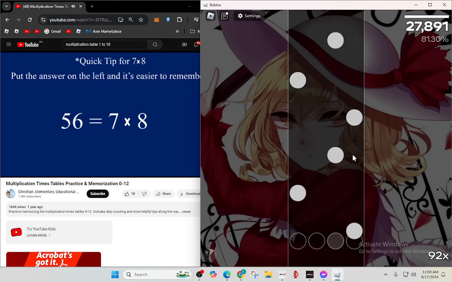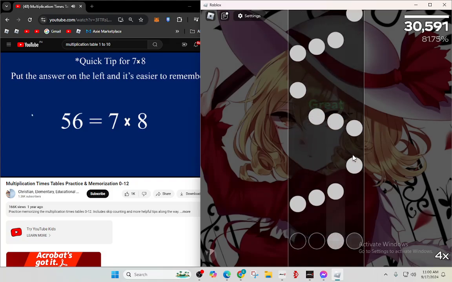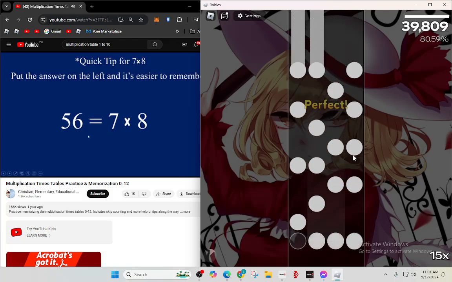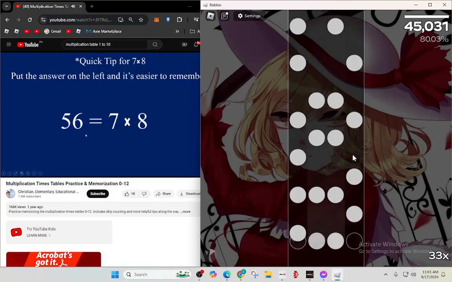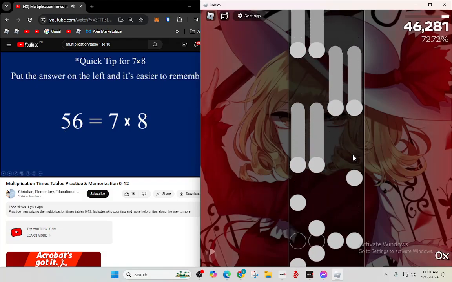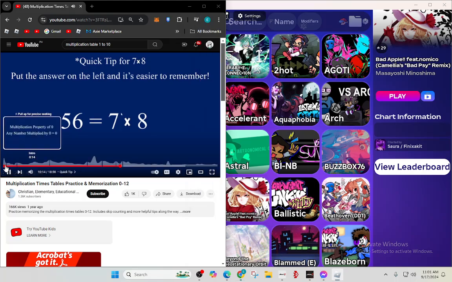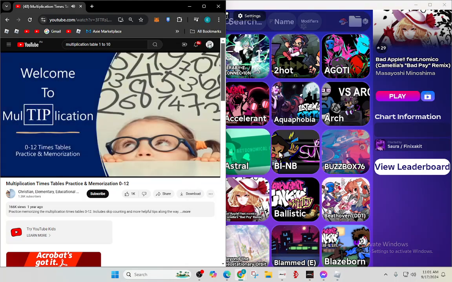Sometimes that's a hard one to remember, but if you switch the order, put the answer on the left side and the equation on the right side, you can start to see a really easy pattern. The numbers count in order: 5, 6, 7, 8. So if you forget what's 7 times 8 or what's 8 times 7,